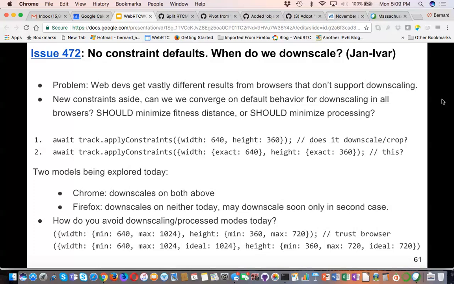No, there's still a max. The constraint is what's coming out of this. If I'm taking a security camera and recording video on a cloud website for surveillance, I might know that I just can't deal with more video than 360p. So I'm going to put the max at 360p, meaning, do not ever send me more than 360p. Still need a max. Doesn't mean you have to use a camera that's less than 360p natively. It just means the downscaled video has to be less than 360p.